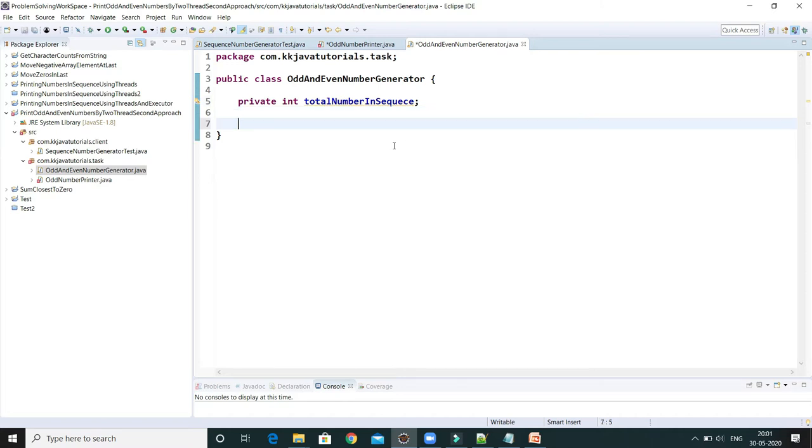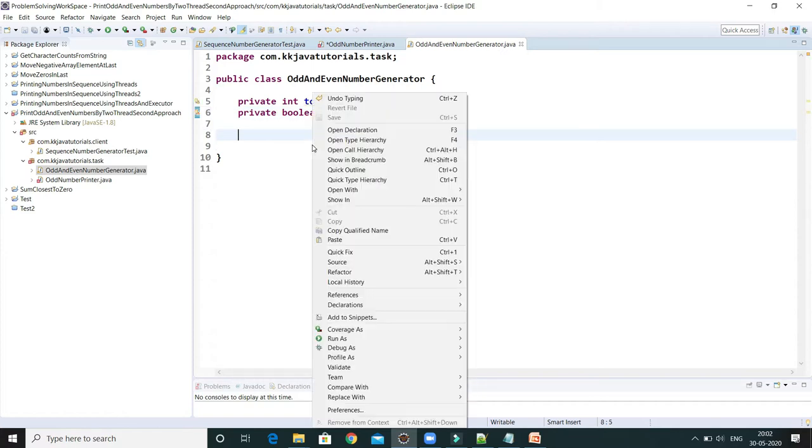Now I'm going to declare one more flag: private boolean even flag. Here I'm going to make use of this flag.